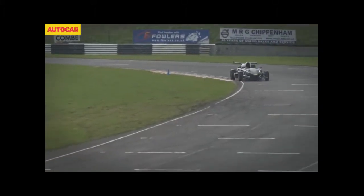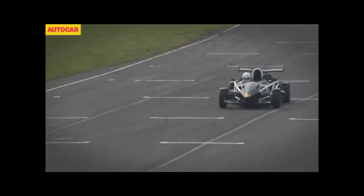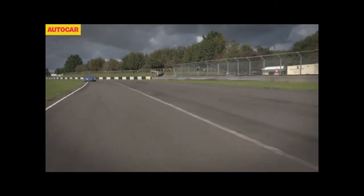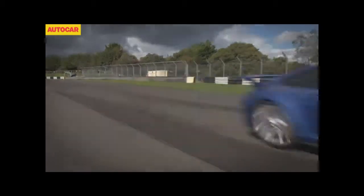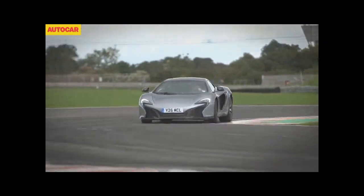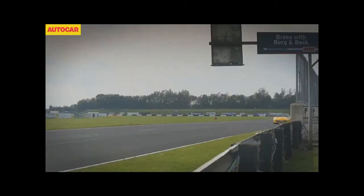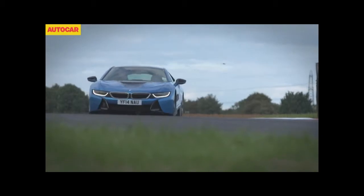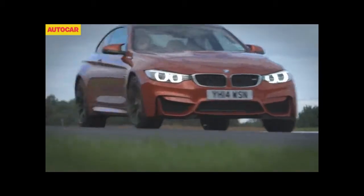Runner-up was the mighty Atom, which set the fastest lap outright by over a second, and third was the still completely brilliant 911 GT3. What a collection of cars. What a top couple of days out we had in them. And what a clear and obvious winner the Ferrari turned out to be. So, until this time next year,